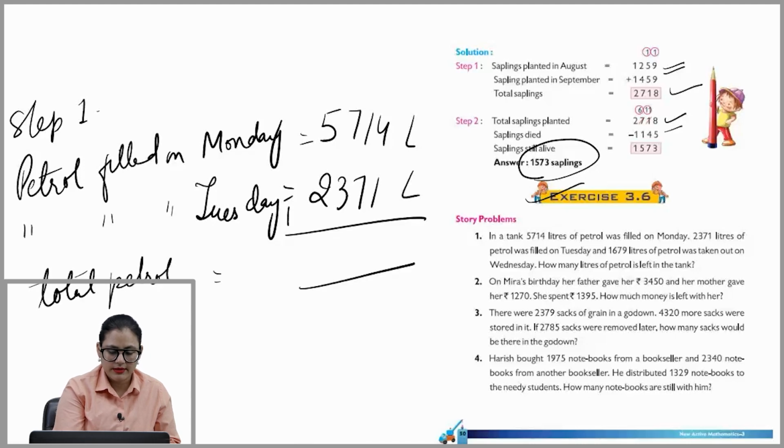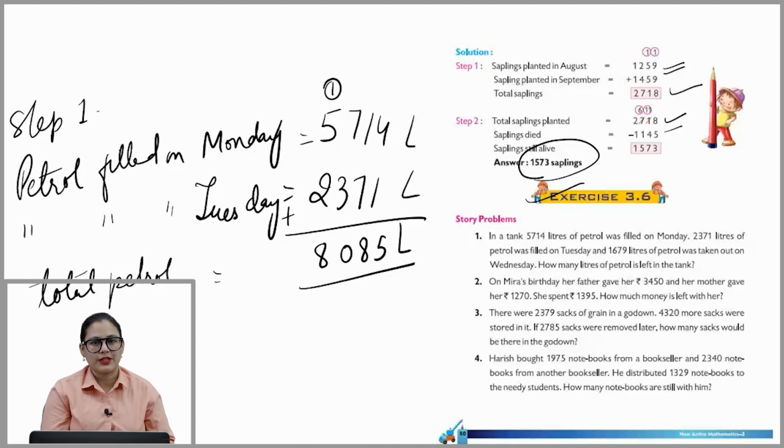We will add these two quantities. 4 plus 1, 5. 7 plus 1, 8. 7 plus 3, 10, 1 carry. 5 plus 2, 7, 1, 8. 8,085 liters. Now we will subtract